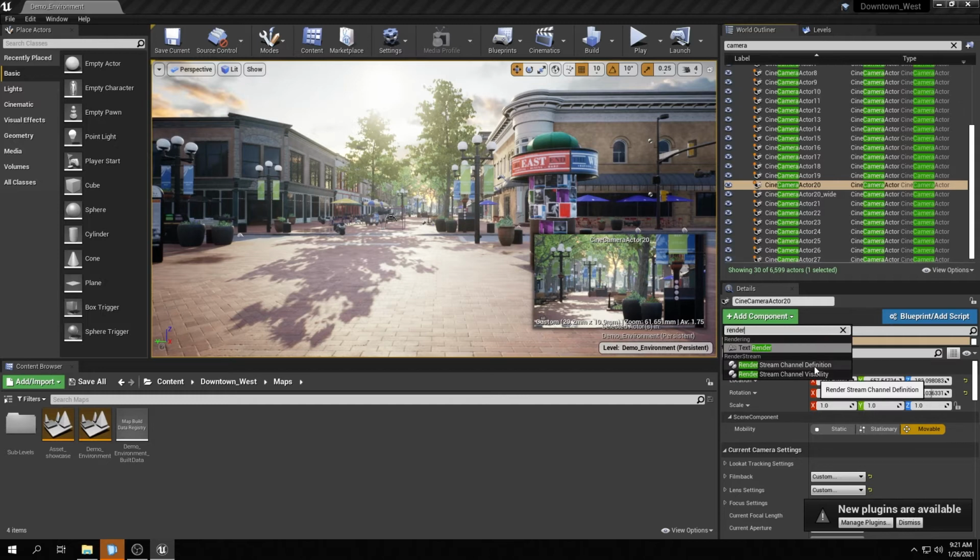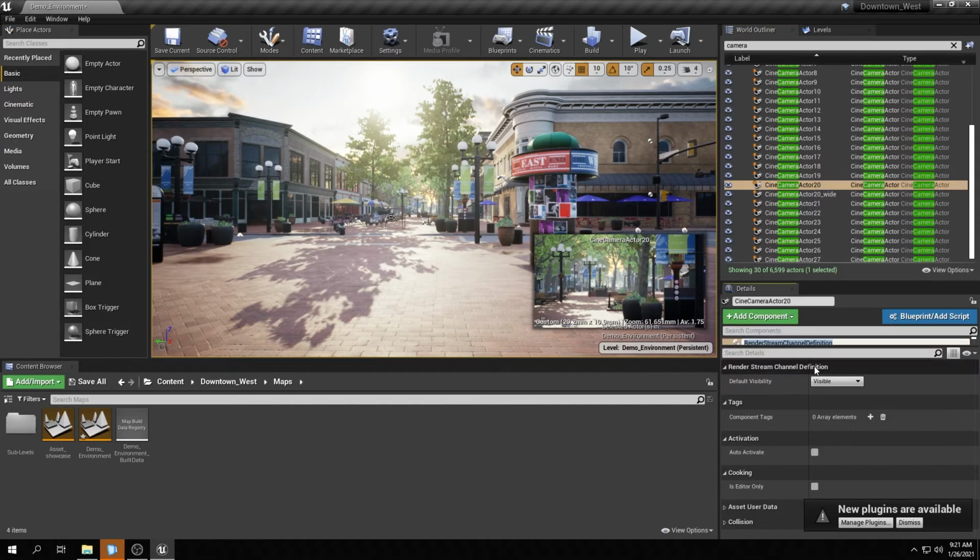So RenderStream channel definition tells Disguise and Unreal that this particular camera is going to be visible to Disguise, so it's going to make it available as a keyframeable thing and a feed in Disguise that we can pick up and we can manipulate. We can then define the default visibility of objects. So right now I want all my objects to be visible, so I'm just going to set this to visible. This is really useful if you're working with augmented reality and you want to just make a couple of objects